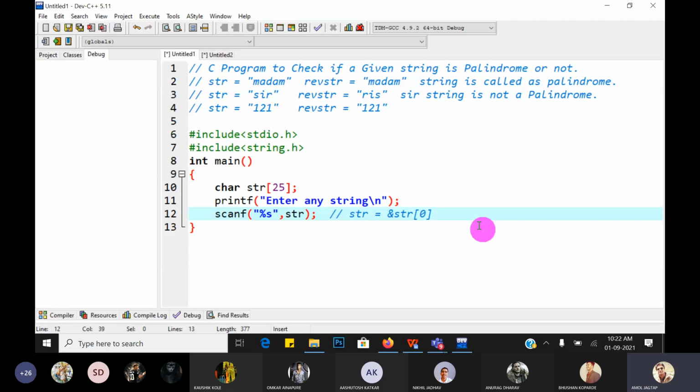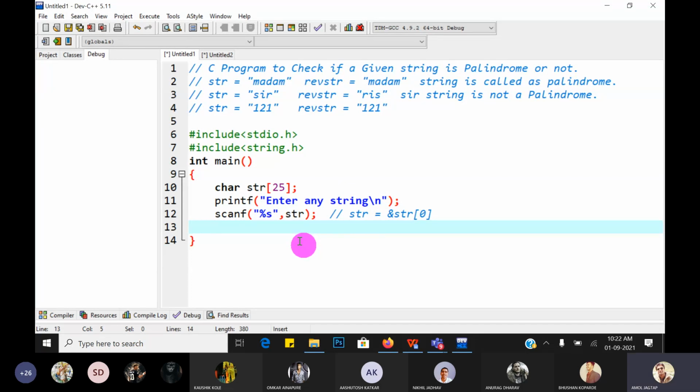Okay, next. Great. Now, what do we have to do? Yes, now think on that. First, we have to store this original string into some other string.